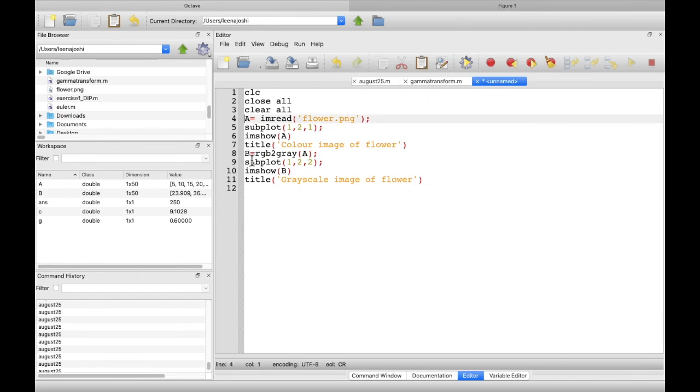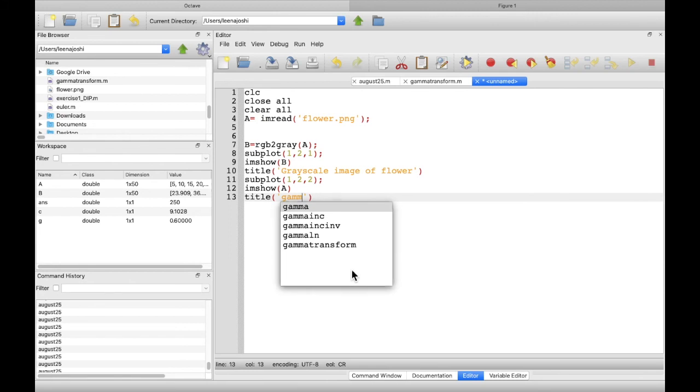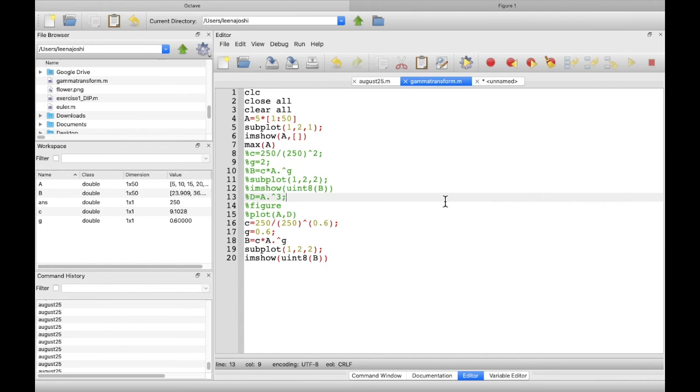Our original image is B, which is the grayscale image. I will use this title for gamma transformed image. Let me keep it this way and we will take our equation.